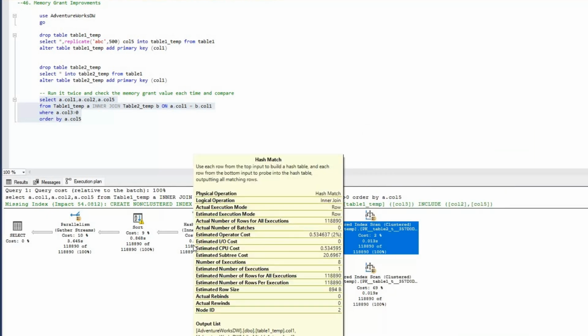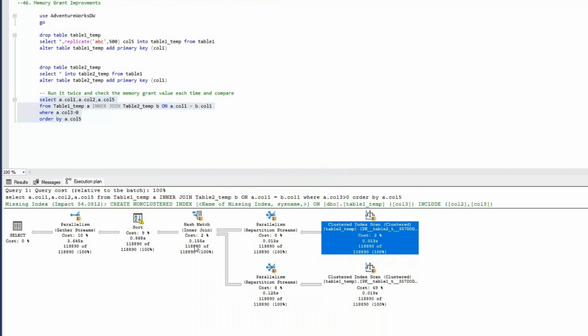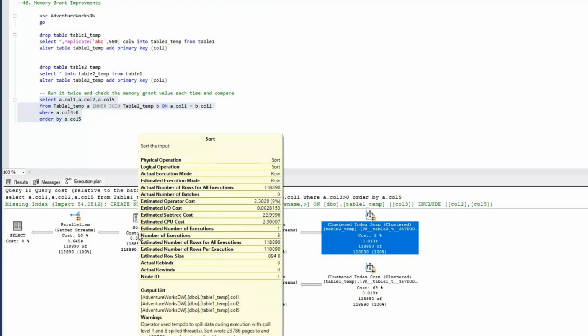Now the hash match joins the information, and then we have a sort operation. If you look at the sort operation, there is a warning that tells us the operator used TempDB to spill data during execution with spill level 1 and 8 spill threads. So that means 8 threads spilled to TempDB, and the sort wrote